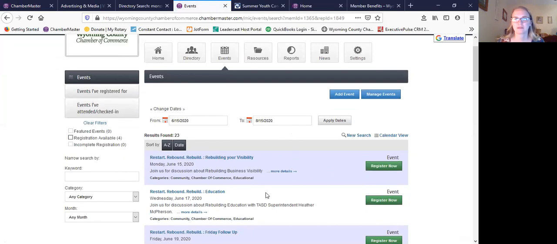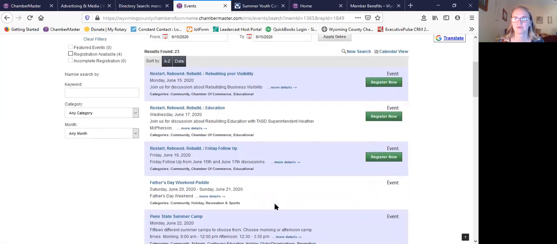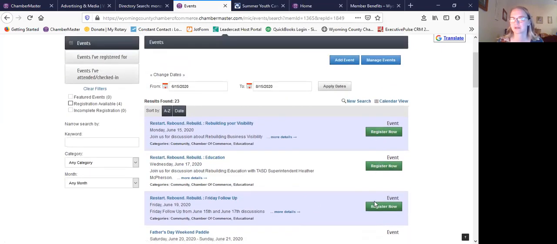This is the calendar of events. Again, many of these you'll see are chamber events. You could also register for events out here. So if you wanted to register for an event and you're logged into your member center, if you click register